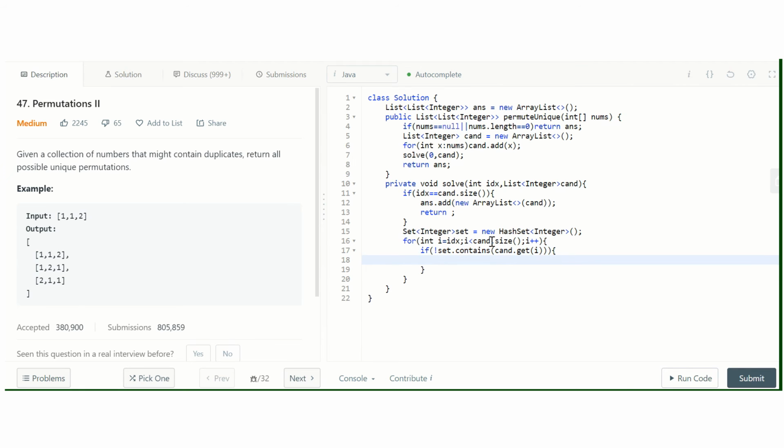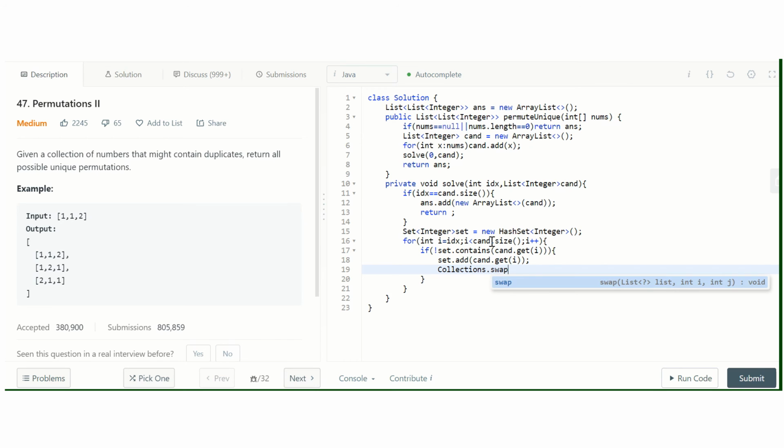If it doesn't contain it, then we add it to the set and swap the element of candidate i with idx, and then call recursively for the rest of the candidate elements. And again we backtrack the change to give a chance to the other elements to be swapped.